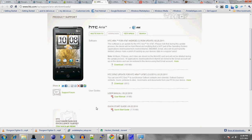So in order to get Froyo on the HTC Aria, you have to go to htc.com. When you go to htc.com, click on the support tab, and look for the HTC Aria. When you get to the HTC Aria, you click on the downloads tab. Now when you click on the downloads tab, you're going to find the HTC Aria ROM for the AT&T Android